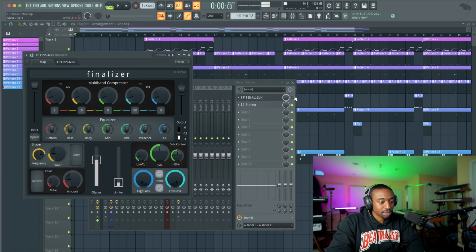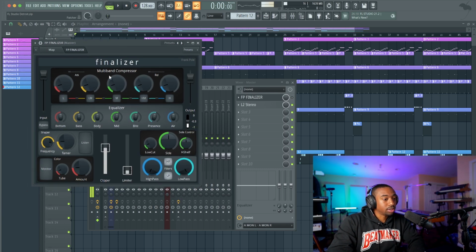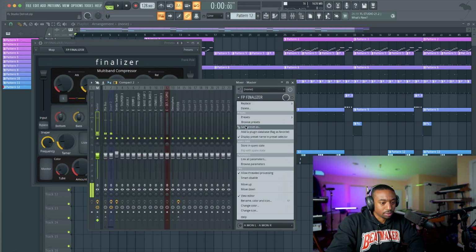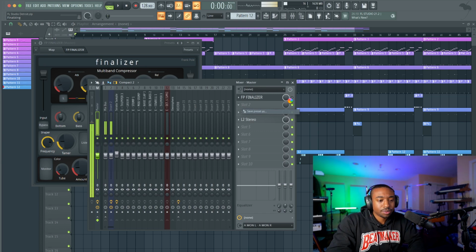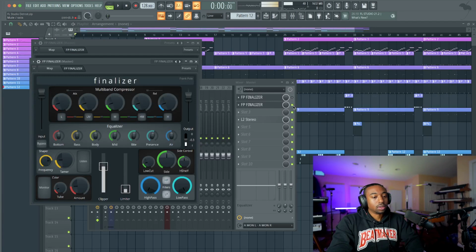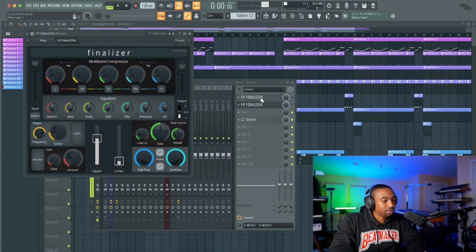So the first step is to slowly lower your clipper until you hear the sound. I'm going to copy these settings just in case I've messed up and clicked something by accident. So I'm going to start from scratch here. All right, as this loads up, this is a free plugin by Frank Pole. He creates plugins inside of what's called Patcher. So this is an FL Studio native plugin here.